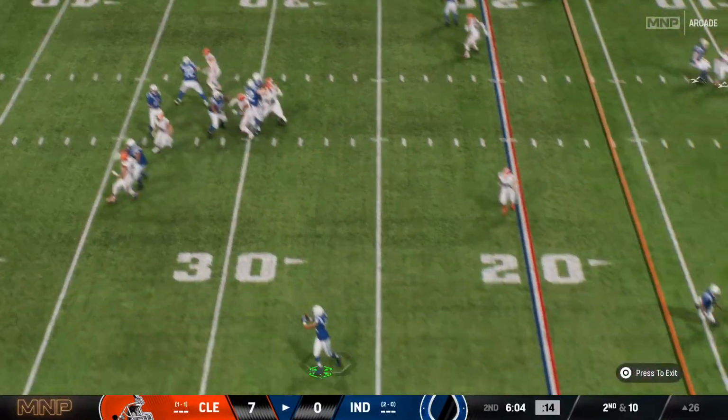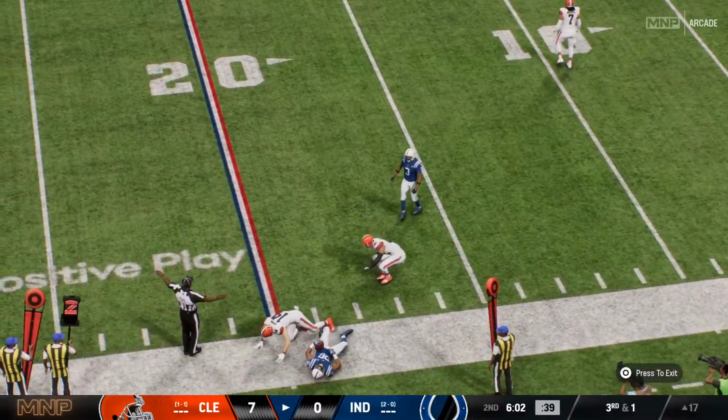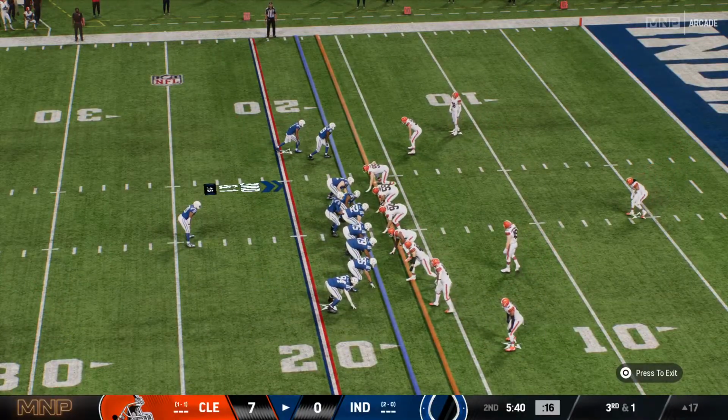Now they're going to throw out of the gun. Complete to the right side. He's out of bounds inside the red zone, just short of the 15. Number 36. Third and a lone yard coming up. Gain of 9 brings up third and